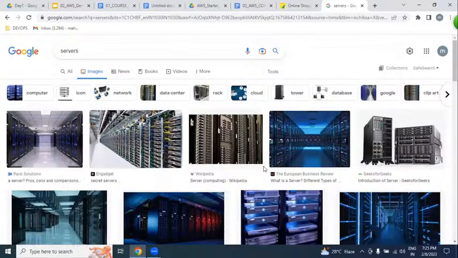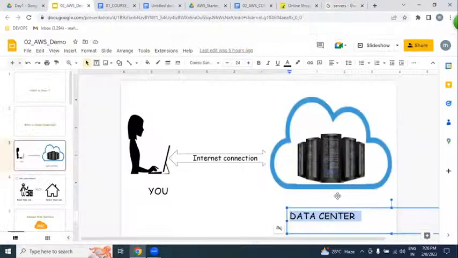We can see them with our eyes, just like we can touch your mobile and see your laptop. These data centers physically exist. So from these data centers, if we can access computing power, resources, or infrastructure over the internet from a laptop, that is nothing but cloud computing.